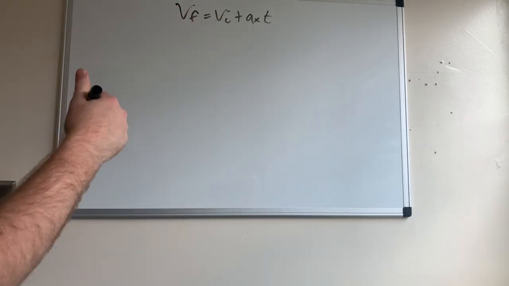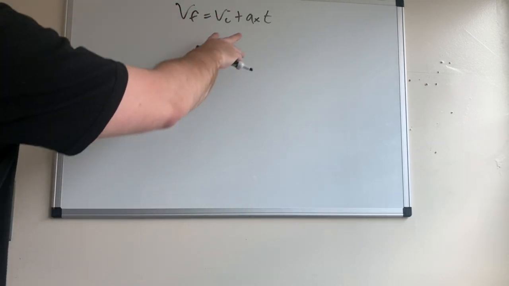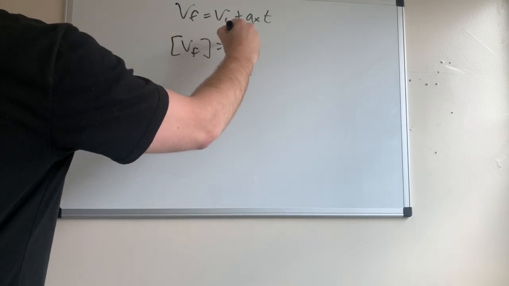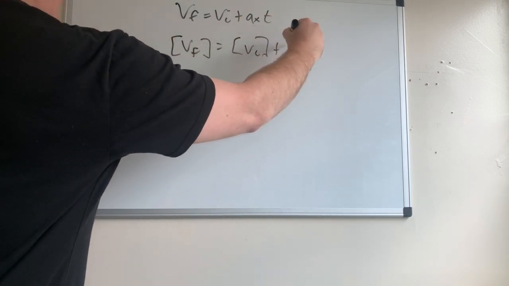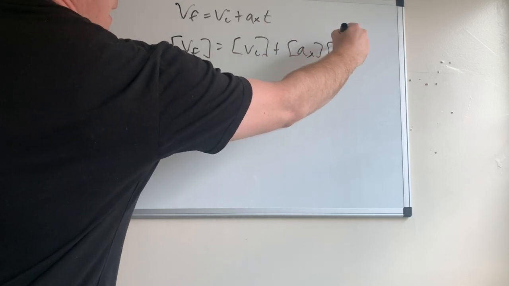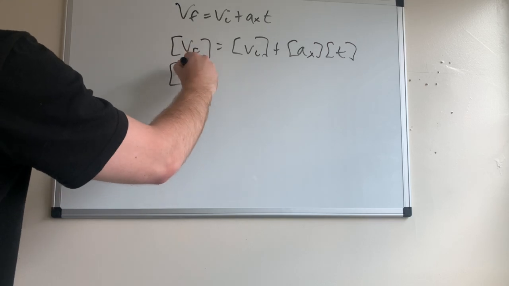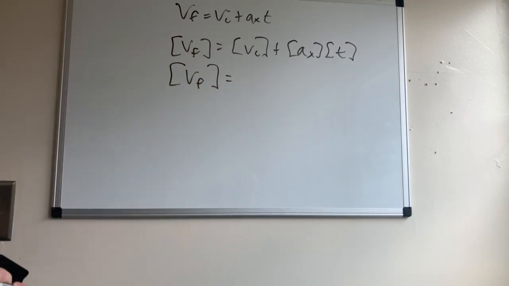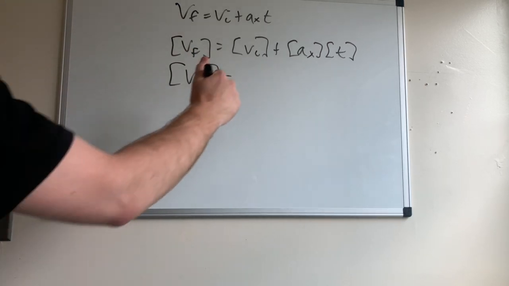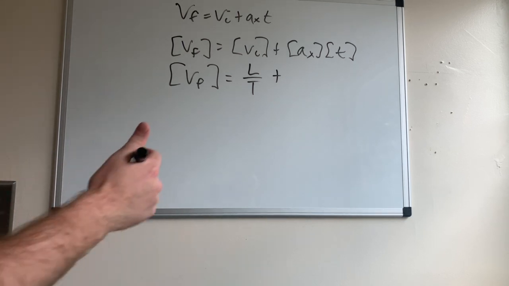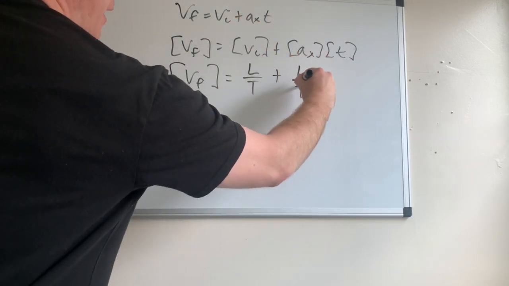So in order to answer this question, we have to basically know the dimensions of the entire right-hand side of this equation. So I'm going to put brackets around each of the individual variables to indicate that I'm examining their dimensionality. So the dimensions of initial velocity are just going to be a length divided by a time. And then when it comes to a combination of variables, you could just treat the dimensions algebraically, right? So for example, acceleration is a length divided by a time squared,